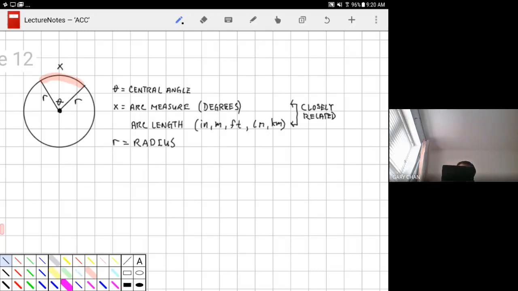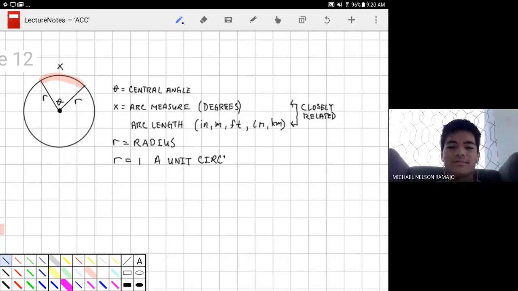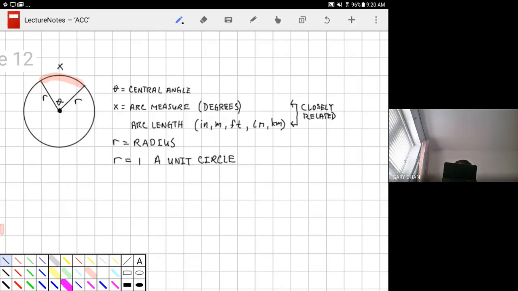There's a really special circle, a circle with R equal to 1. We describe this as a unit circle. What's a unit circle? That's an excellent question. When R is equal to 1, we describe that as a unit circle. What is a unit circle? When you hear the word unit,